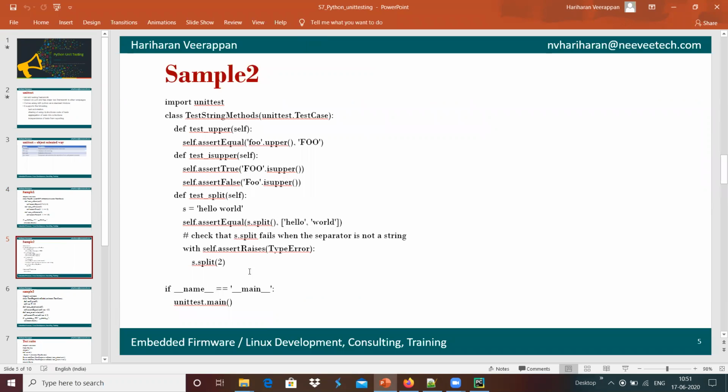Yeah. Then we have the option to add something different, and in a similar way we can do that, whether it is an upper test case or a lower test case.